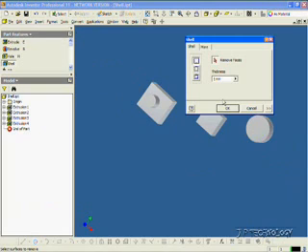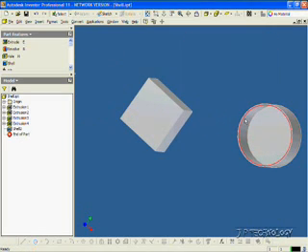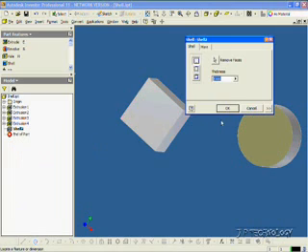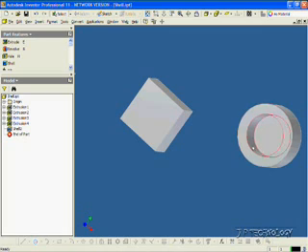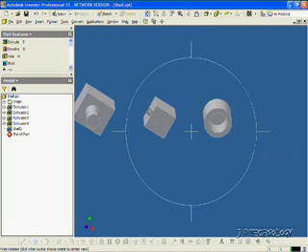So let's click Shell, click that face on the cylinder, click the circle, click OK, and if we zoom in, we've created a 1mm shell, taking away that face. Now if we right click it, edit feature again, we can again change it to 10mm, make it thicker, smaller, whatever you want, and we made it 10mm and it's thicker. So now let's delete that one again,